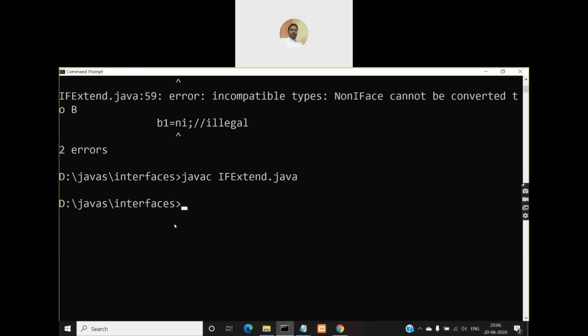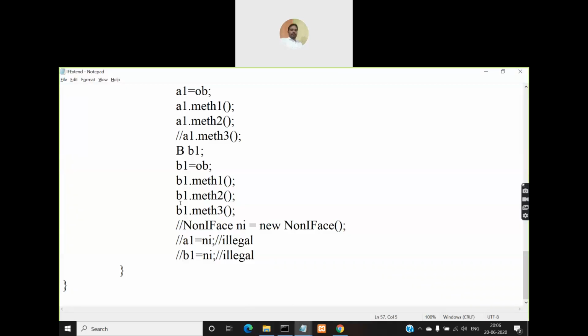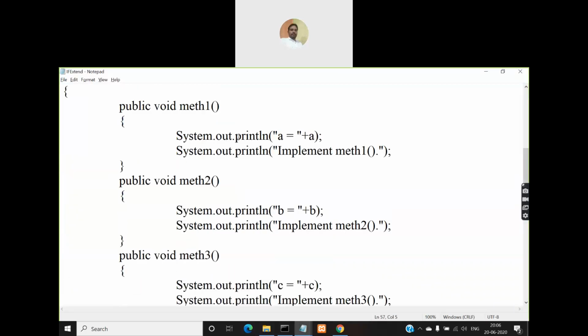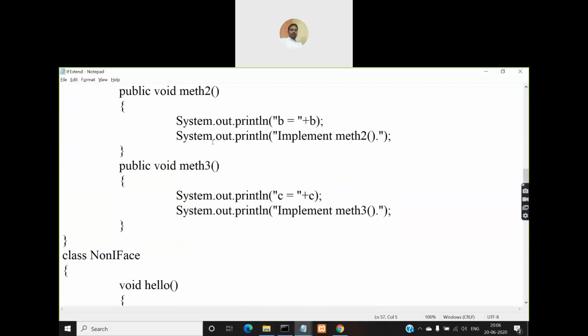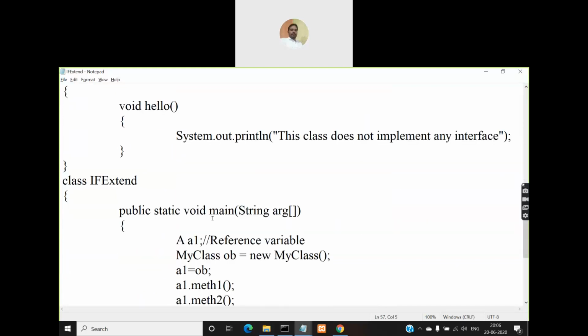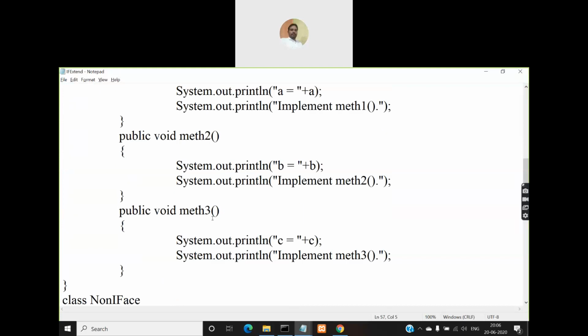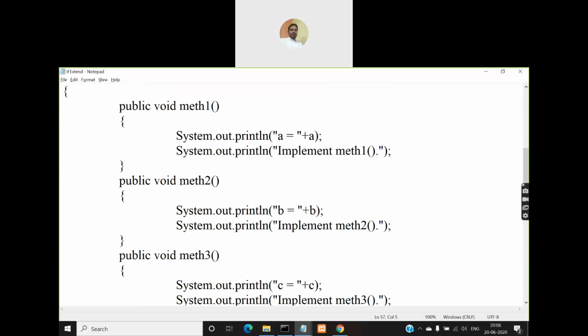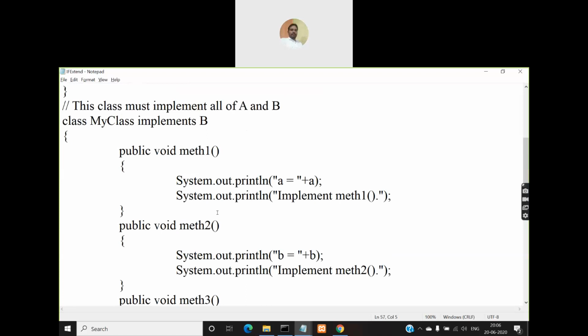Okay, you can compile it, but when you implement the interface, what is happening? Anyhow, you are defining meth2, right?